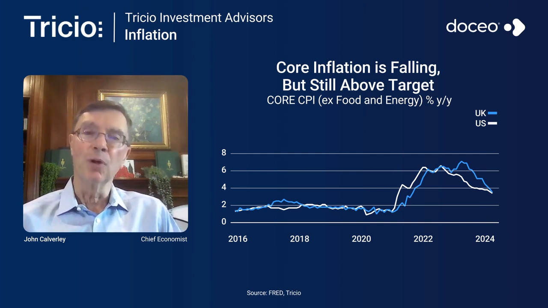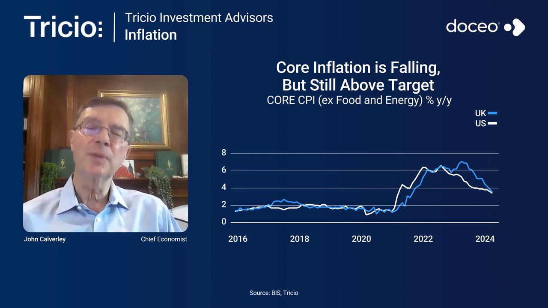The central banks want more evidence that inflation is coming down before they cut rates. Both the Bank of England and the Fed, they're clear they want to cut rates and they think they'll be able to do so, but they want a bit more data. I would say right now, looking at central banks, the Bank of England will probably move first, probably next month, whereas the US may wait a bit longer. It's going to depend on the economic data.